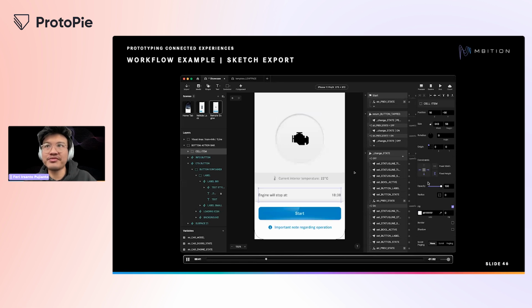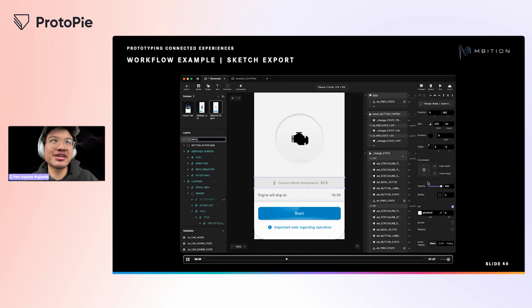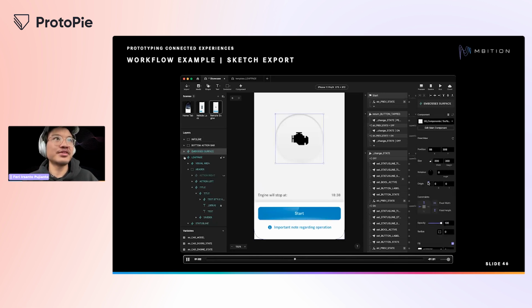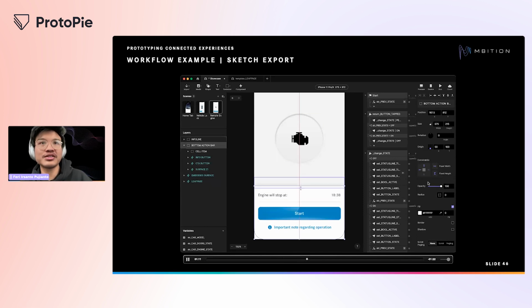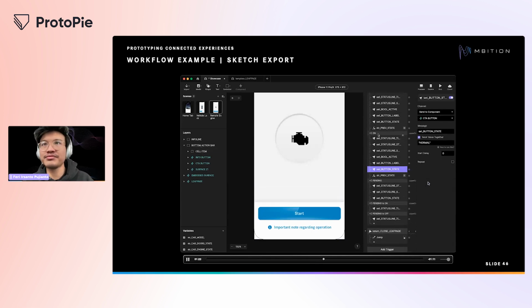So I'm setting up everything first regarding constraints, that it should stay at the bottom. And what's important is I'm renaming the containers and the elements here so that it's clear on our signals, and set everything to zero opacity at the beginning. And I'm checking here, how should I scale this bottom action bar whenever it's active? And I'm saving that value, in this case to 206.